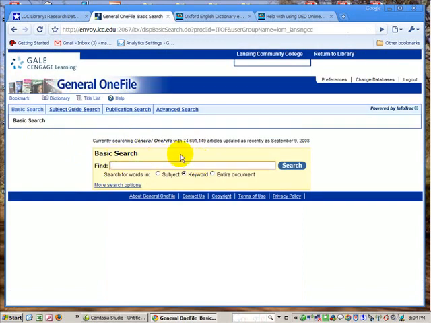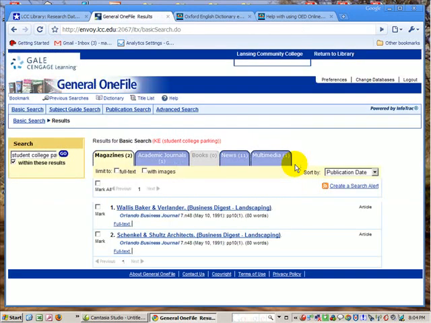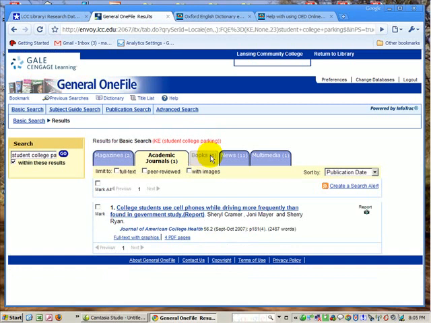So let's say that I decided I was going to write a paper on college student parking issues. So I've got student, college, and parking as my key terms. I want to see if there's any research. Let's say I decided that I think parking's a problem. Okay, it's got 2 magazine articles, it says here, 1 journal article, 0 books, and I think it had 11 news articles and 1 multimedia. And most of these, like this one that says college students use cell phones while driving more frequently than found in government study, okay, I don't know what that has to do with parking, but